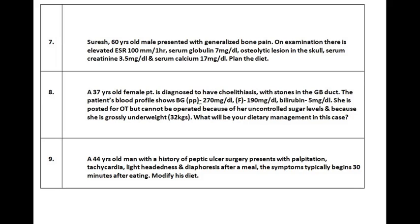One, these osteolytic lesions could be, since the ESR is raised, in the form of some kind of bone metastasis. Secondly, I was saying this could be indicative of various diseases like Paget's disease. Now, if it is Paget's disease, what exactly do we know about it? If you remember what had been discussed earlier in your class, we had discussed Paget's